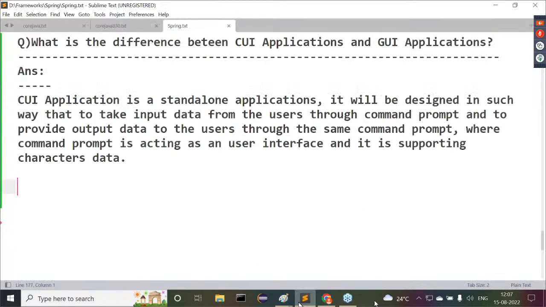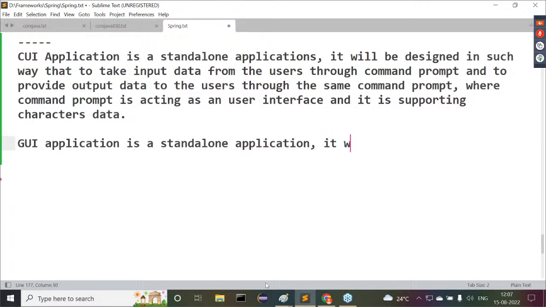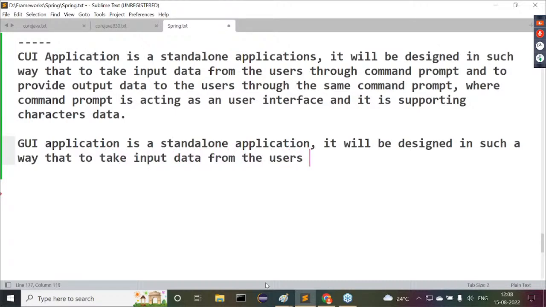Now tell me guys, what is this GUI application actually? What is the definition for this GUI application? A GUI application is a standalone application, it will be designed in such a way that to take input data from the users through the collection of graphics components,